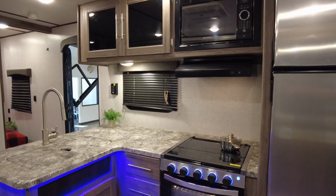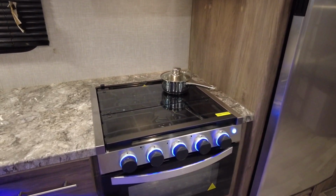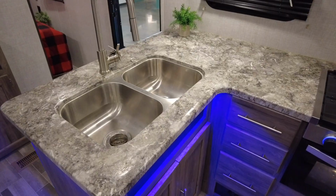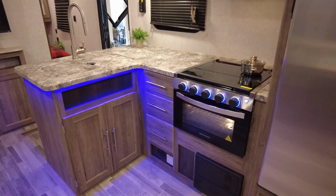The kitchen has an L-shaped counter area. There is a microwave with a vented 3-burner range below. And the refrigerator is next to a large well-lit pantry closet. Under the flush countertop covers is a stainless steel double sink with a high-rise faucet, plus there's plenty of storage